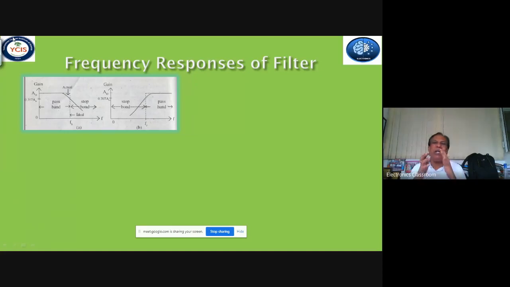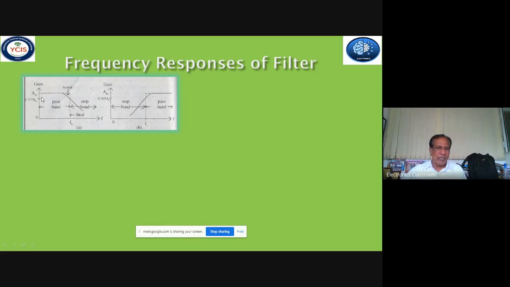filter circuit. A filter is nothing but an electronic circuit having an input port and an output port. We can apply the signal to the input port and collect the signal at the output port. For various frequencies, we can take the data at the output and calculate the gain, the output signal divided by the input signal, and plot the relationship between frequency and gain. You can find that at the low frequency side, this is zero, this is the frequency side, this is the gain side, and at zero frequency the gain is